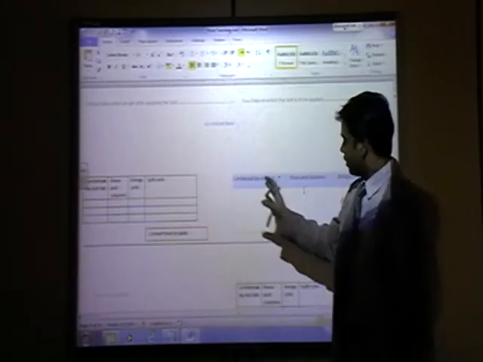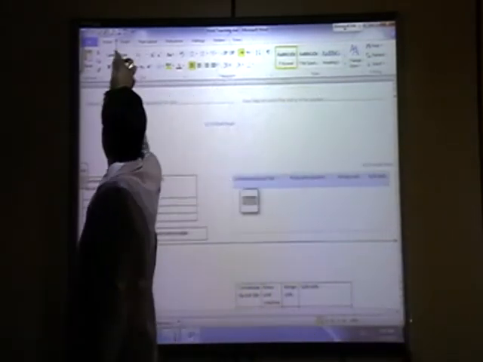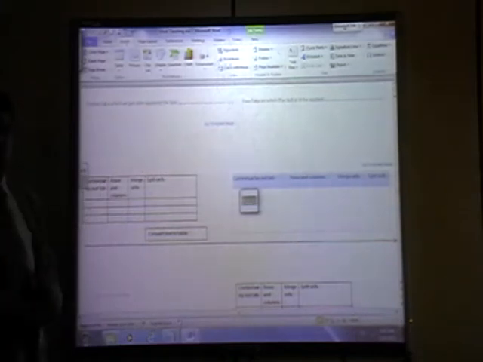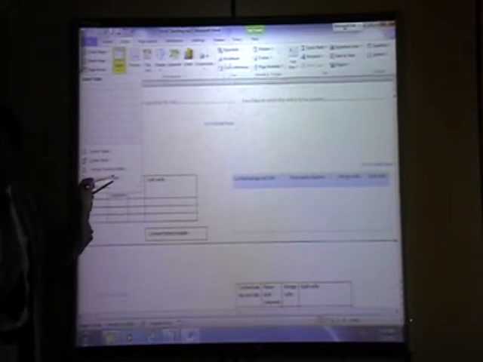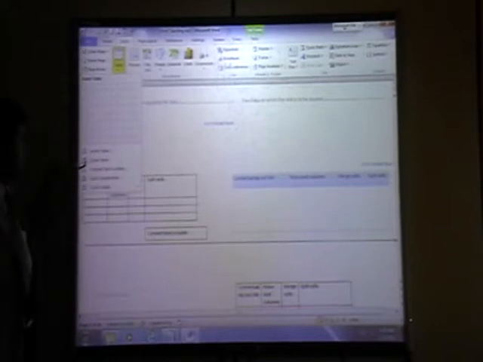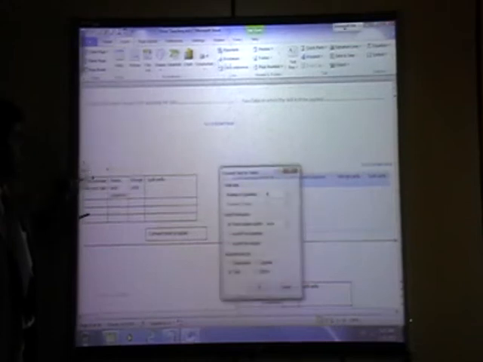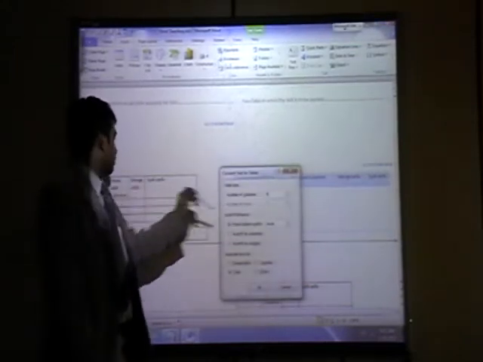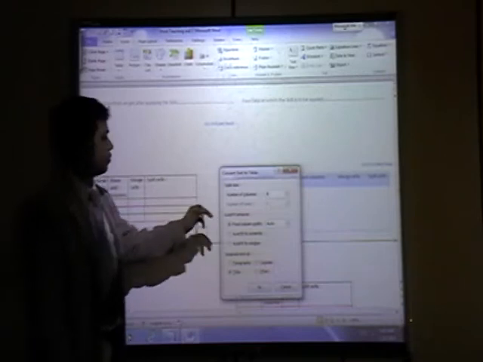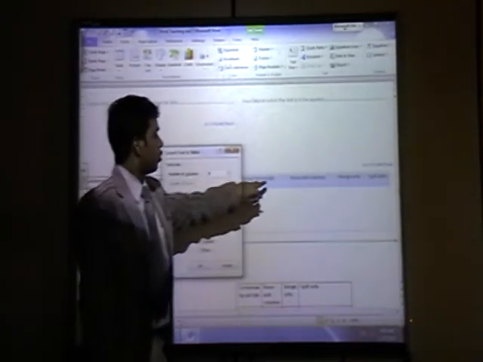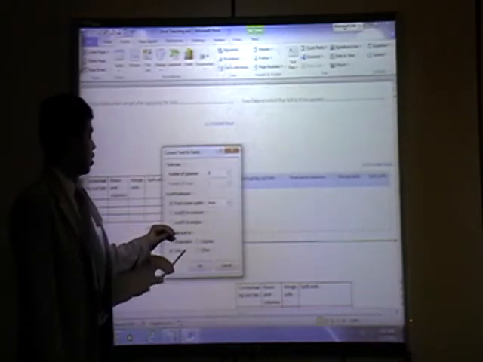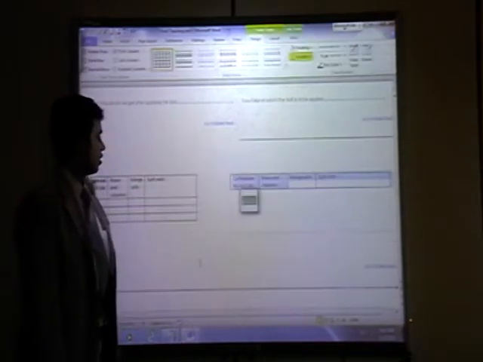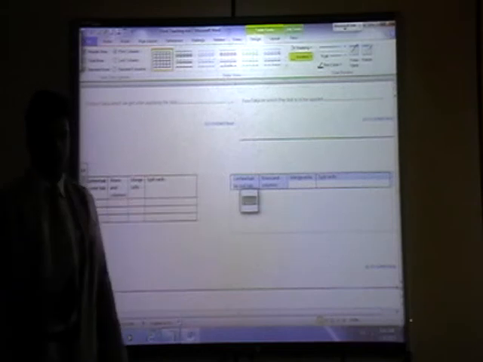What to do? Select this, go to insert, and when you go to insert, go to table. Here you see convert text to table. Fahad, here convert text to table. You see number of columns 1, 2, 3, 4. See, 4 are there. And click on OK. It will be like this.